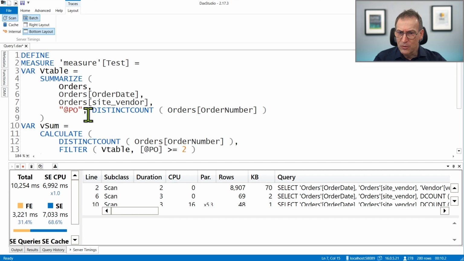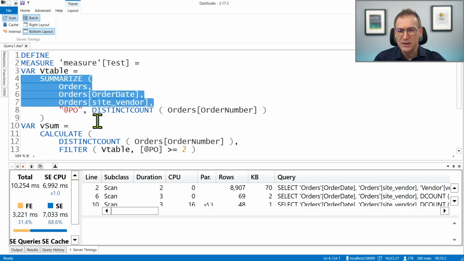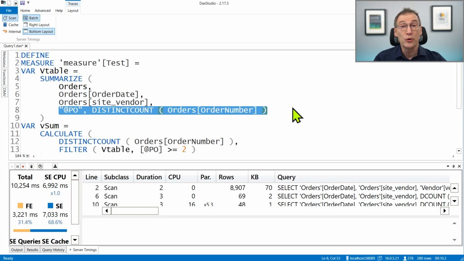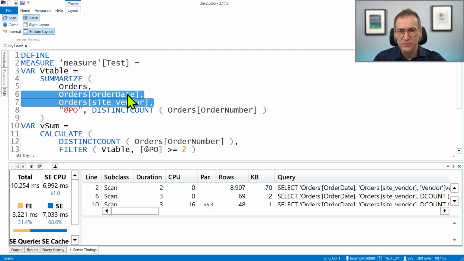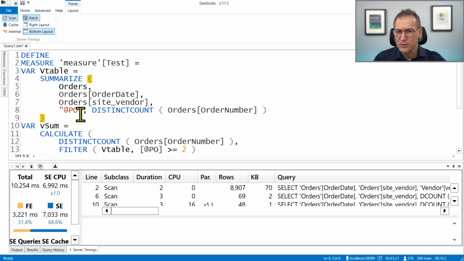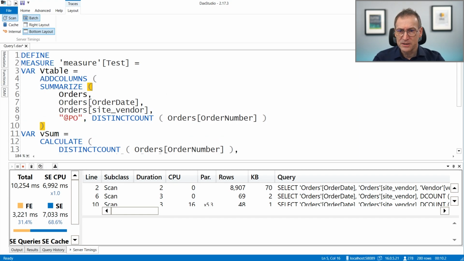Now, if you follow our blog and our articles, you know that using summarize to group by is fine. So summarize up to this point is totally fine. But using summarize to also compute columns is bad. Now, we do have an article that explains the details about summarize. I think it's All the Secrets of Summarize that describes the reason why it is bad. Summarize will do clustering, so it builds clusters of order data and site vendors, but then it applies the filter on all the columns. So I guess that in order to get rid of the problem, we just need to use add columns here